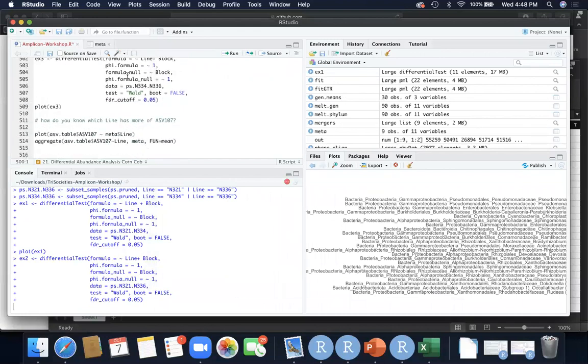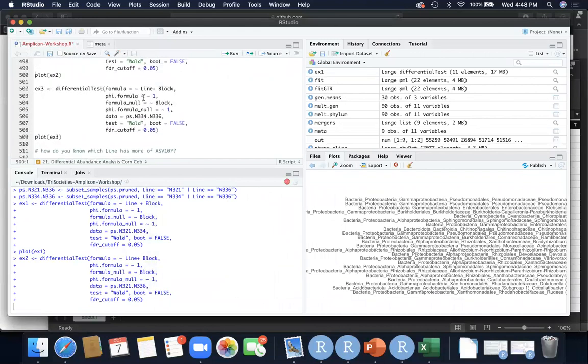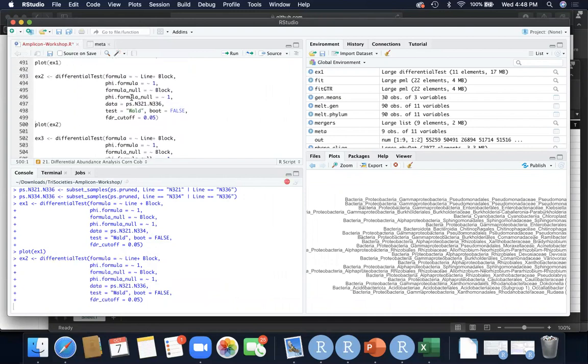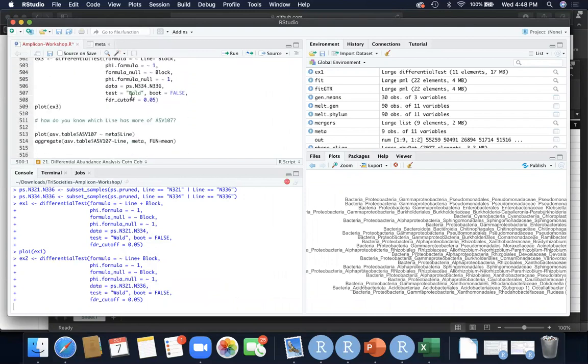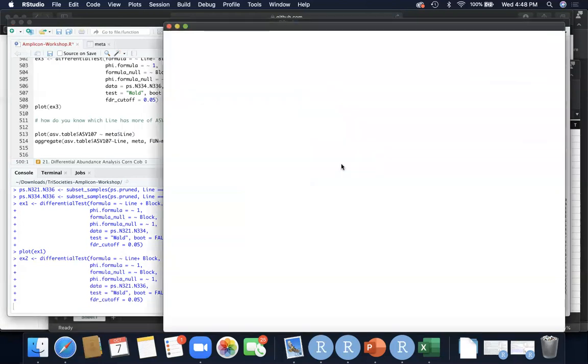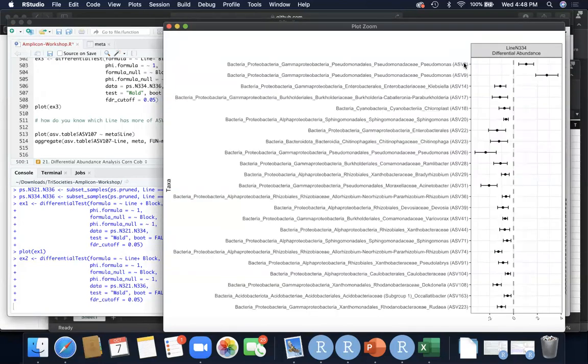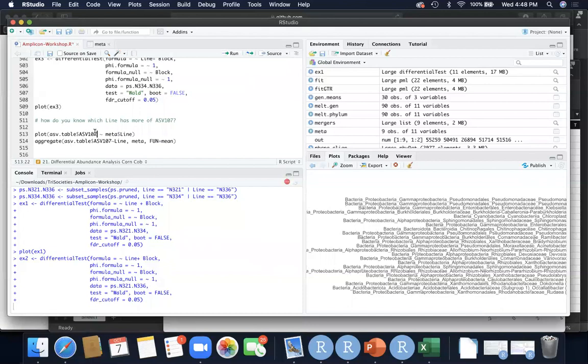And then, again, you can just look at each of these. You'd run this 3 times, and then you'd look at the plots and figure out which ASV is more abundant in which line and so forth. So let's choose ASV 9 here to look at, this Pseudomonas. The easiest way to decide